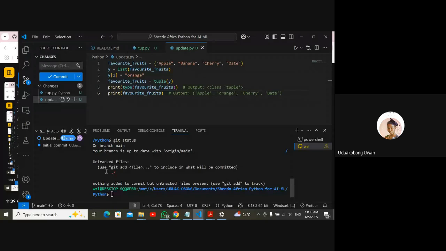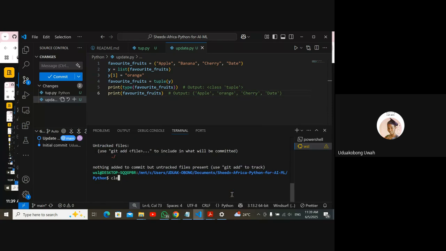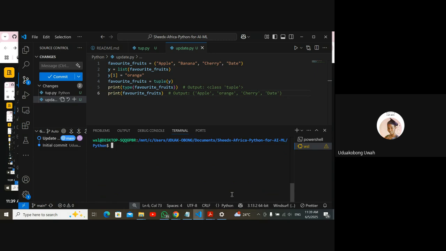That means they're not tracked. So use git add file and so on. What this is telling us is that we have files that are not tracked, so we can use git add and the file name to include it. So let's do that. If I clear my screen,